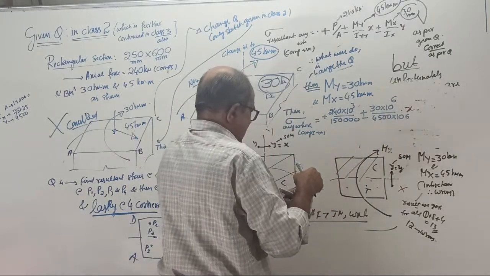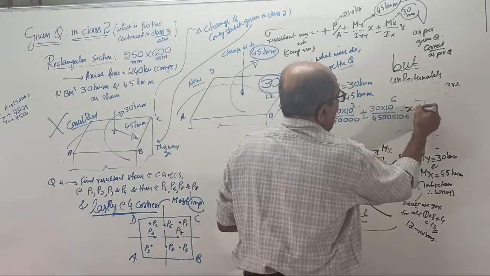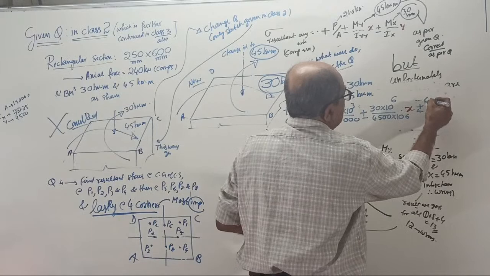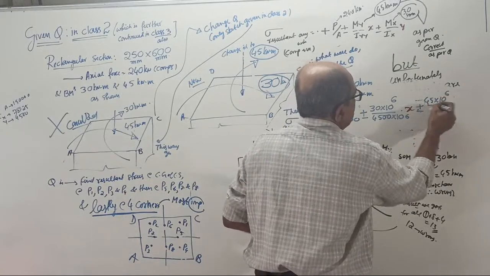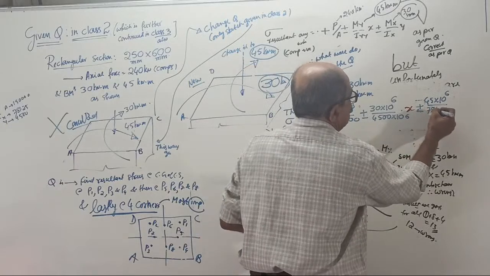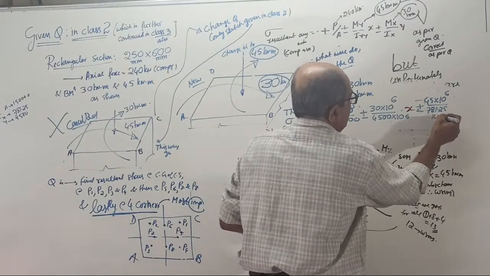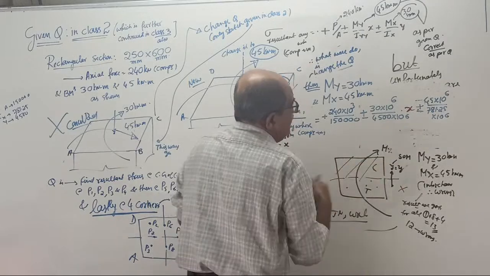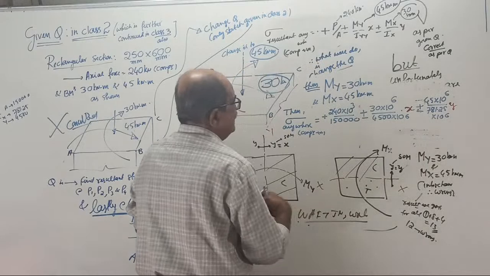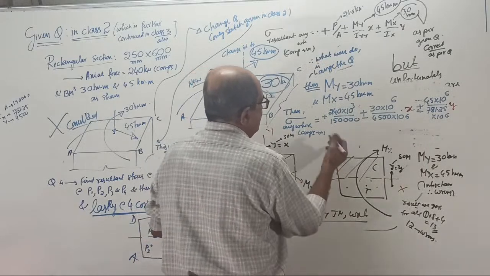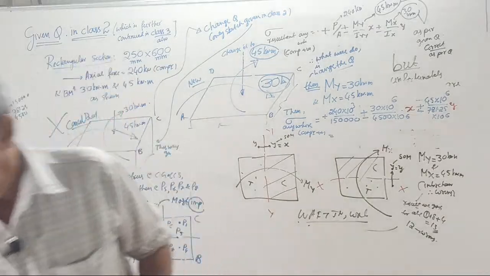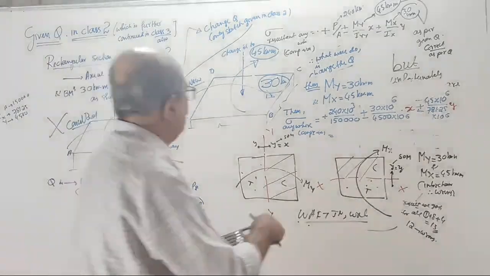Into x, and plus or minus M about x, 45 times 10 to the power 6 divided by I about x axis, 781.25 times 10 to the power 6, M about xx into y. This is the formula. Now if you simplify, it will become